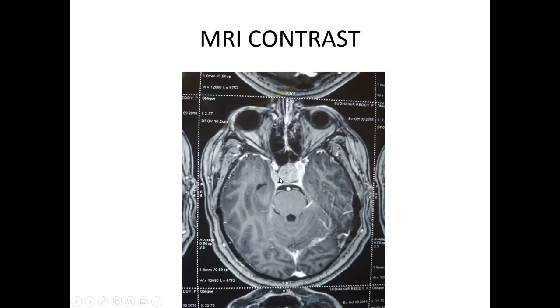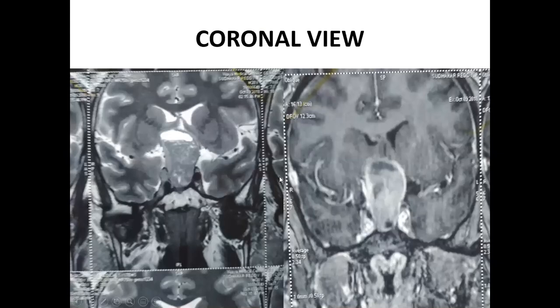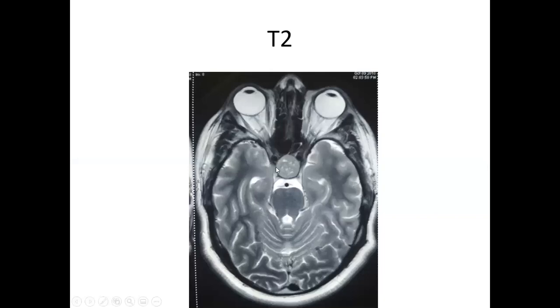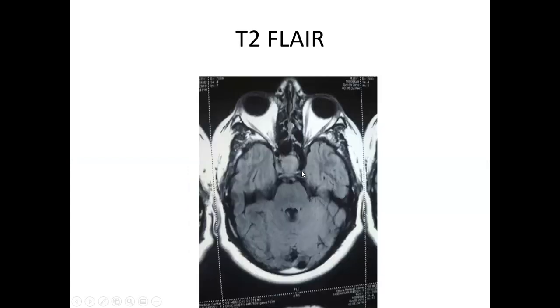So we need T1, T2 and T2 planes. If you see in the coronal view also, these are the cavernous sinuses. This is the suprasellar extension, and you cannot differentiate here. You can differentiate slightly. There is a loss of the flat plane here on the right side, but the flat plane is maintained on the left side. So when you take a T2 plane, it will give you proper imaging to differentiate the cavernous sinus involvement.